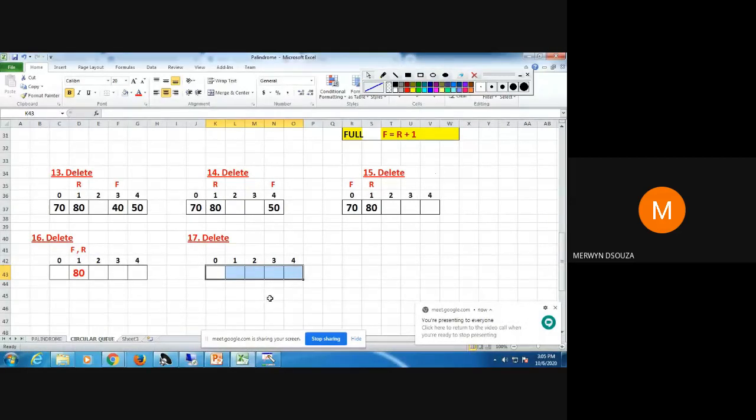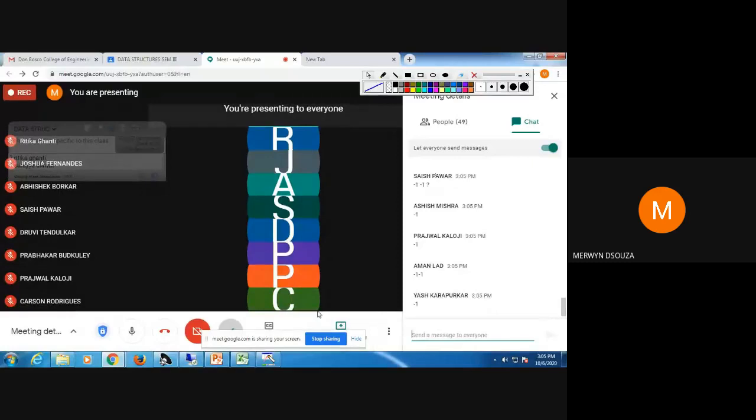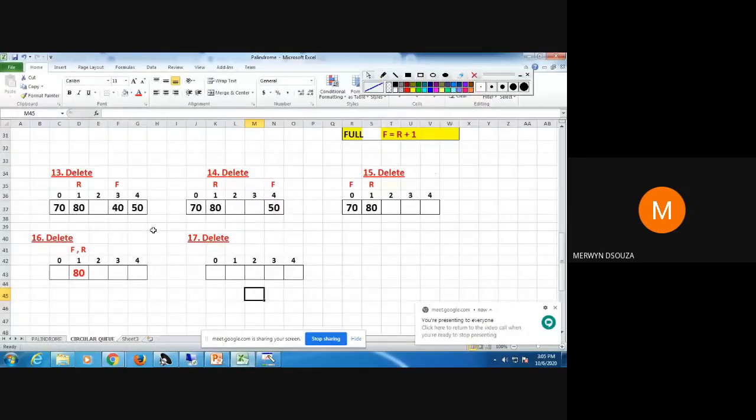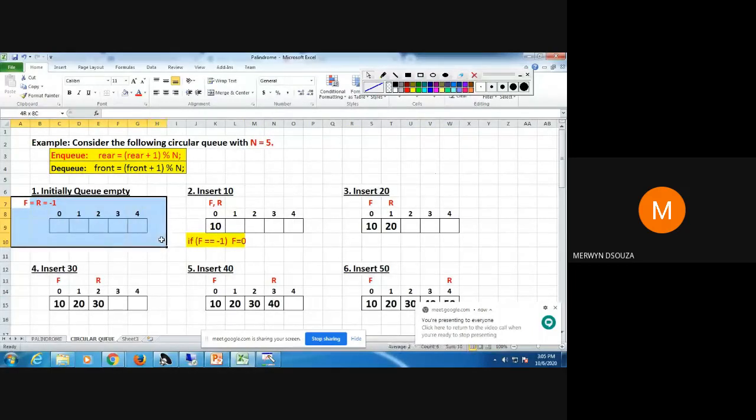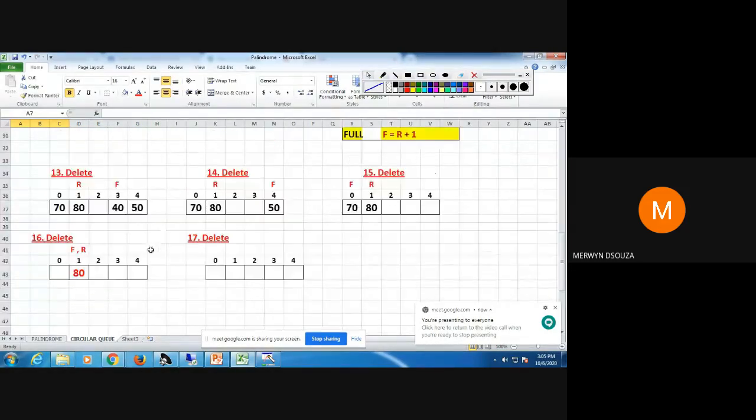So remember, when we started with the insertion, the Q was empty. What was the value of front and rear? And we started with the NQ operation. What was the value of front and rear? Q was empty, no, that time. Value of front and rear was equal to -1. See here, I'll just show you. This was the Q when it was empty, no? Starting. When the Q was empty, what we had said, value of front and rear will be equal to -1. So now, as we have done these various operations, okay, in step 17, Q has become empty. So just before it became empty, what is the value of front and rear? Value of front and rear was same.